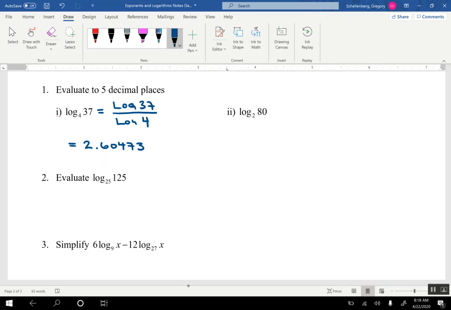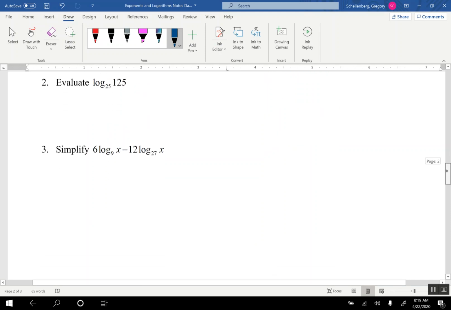Because we can't plug log base 2 of 80 into our calculators, we're going to use the change of base rule to rewrite this as the log of 80 divided by the log of 2, and we can punch that into our calculators and we should get something like this, 6.32193. Okay,